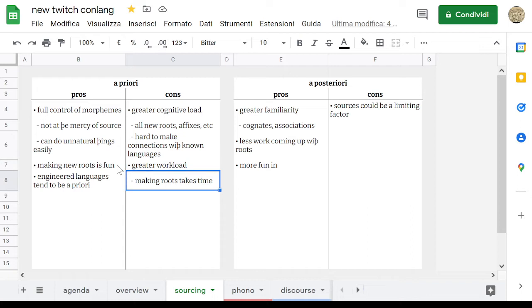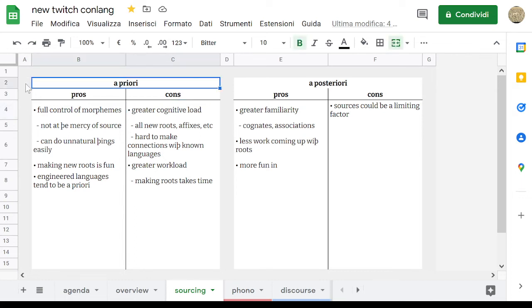So even though it could take the same amount of time to make an a priori versus an a posteriori language, it might even take more time depending on how I do the a posteriori. The work would feel harder subjectively, because I'd also be having to put in extra work to learn the language. This is just how my brain works. Other people have very different experiences. I know other people who make lots of a priori languages and do not have this problem whatsoever. But just in my experience of doing things, it does take me, at least, more time and work to do